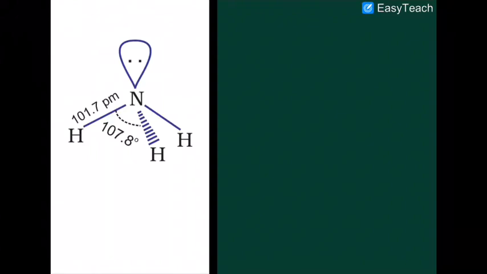Today we will discuss the various oxides of nitrogen, and before that let's look at the previous topic. In the previous topic we discussed the structure of ammonia and its properties. Nitrogen here is sp3 hybridized. The bond angle is 107 degrees in place of 109 degrees due to lone pair-bond pair repulsion.